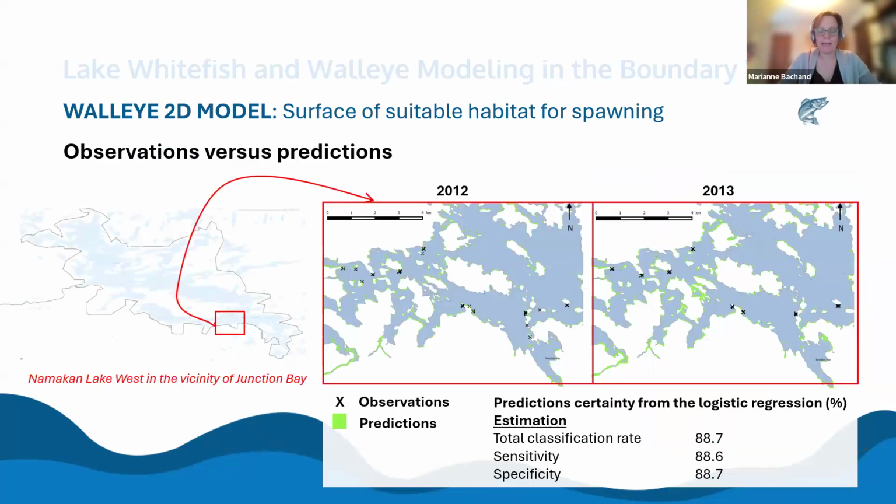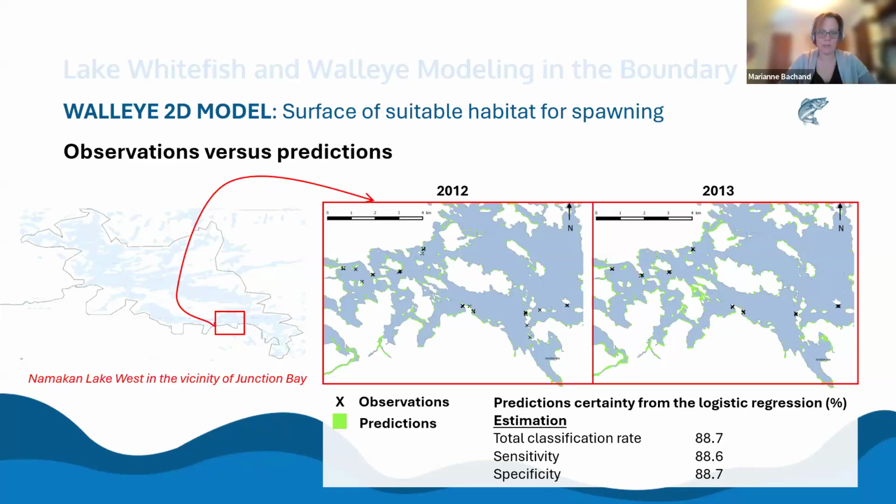So at that time, like I said, we have those observations. So we compare the 140 points coming from Dr. Pabenfus with the prediction of the model. The prediction of the model is in green, and those little X were the observations. So we were kind of confident that where we are present, we are calling a potential habitat. It's actually where we saw the eggs.